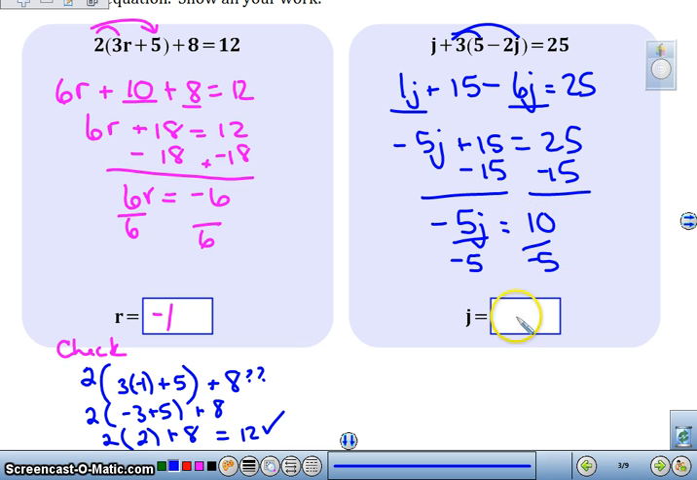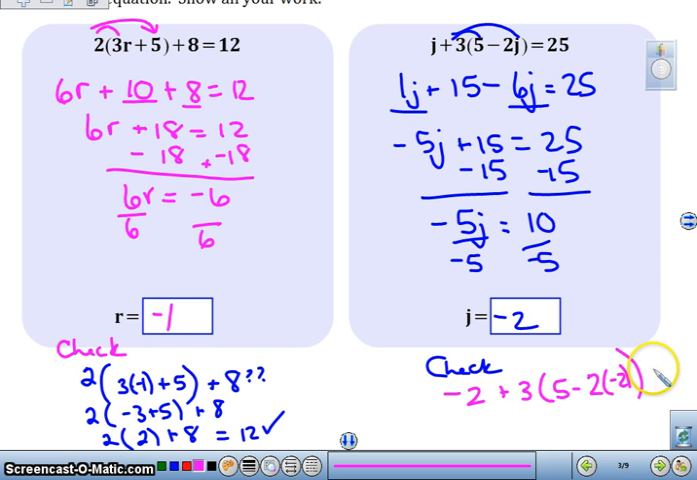Watch those positive and negatives. Negative 2. Again, for your check, make sure you plug it into the original equation. Negative 2 plus 3 times the parenthesis, 5 minus 2 times negative 2 equals 25. Pause it if you need to make sure you have everything written down before you go on to your next